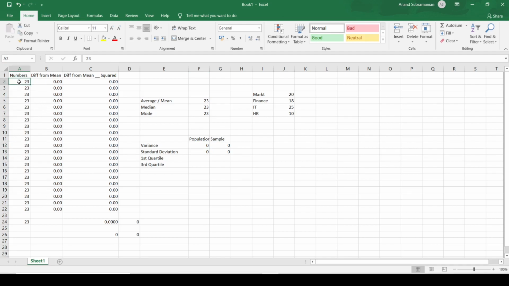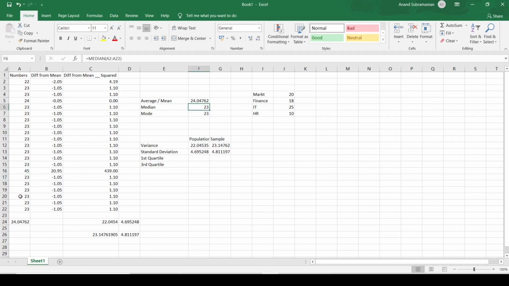And now if I change a number slightly, there is a small variance here, and the standard deviation also changes marginally. So now if I start changing the numbers bit by bit, you'll see that the variance starts increasing. If I increase it a little on the higher side, the variance suddenly starts increasing. But not too much of a change in the median.